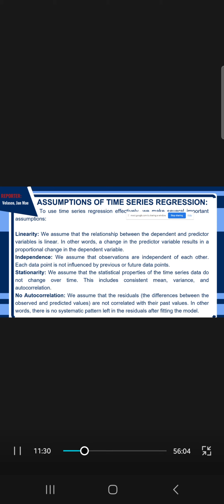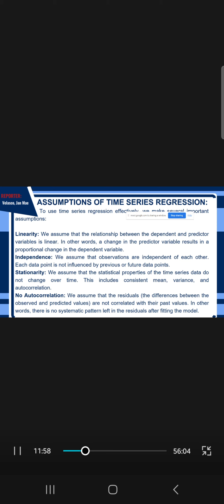So, in a time series context, it implies today's value or event is not affected by what happened yesterday or what will happen tomorrow. So, each piece of data is treated as a separate and unrelated observation, also ensuring that the analysis doesn't mistakenly assume patterns that aren't there. So, that is independence.